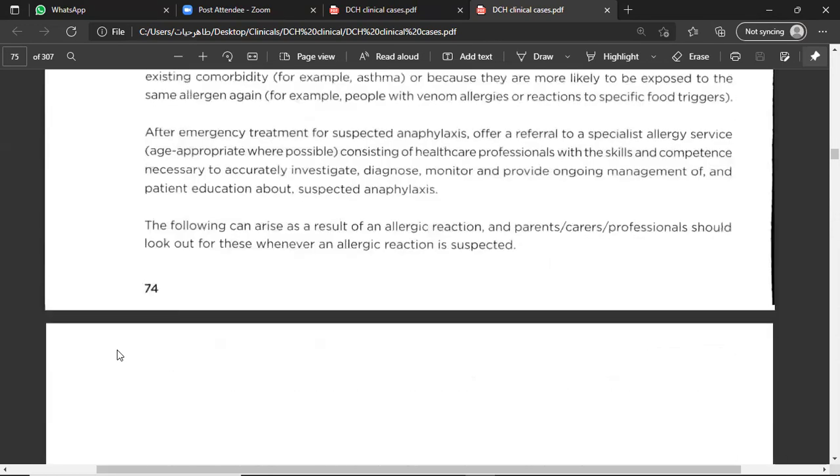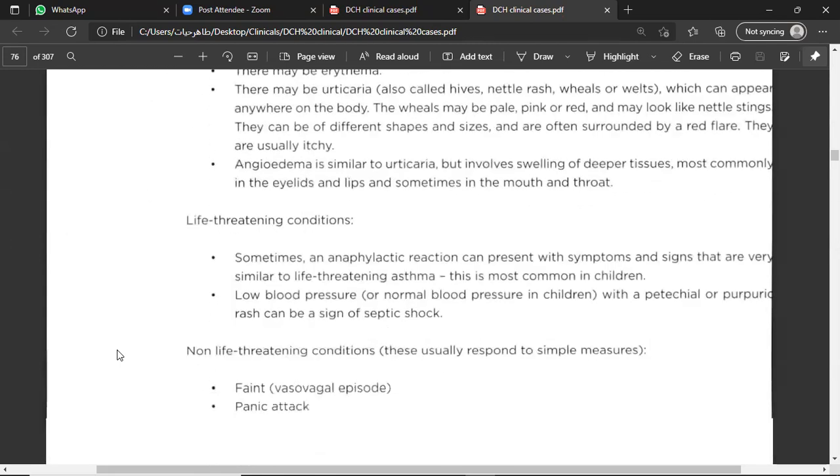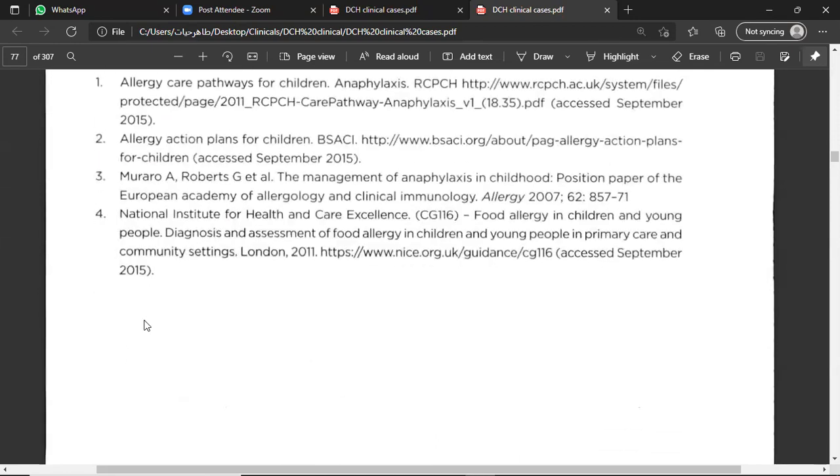So 3 indications, right? Signs of anaphylaxis now, suspicion of anaphylaxis in the future, and if the child has asthma taking steroids. Yeah, exactly. Okay, Dr. Tahir, I think